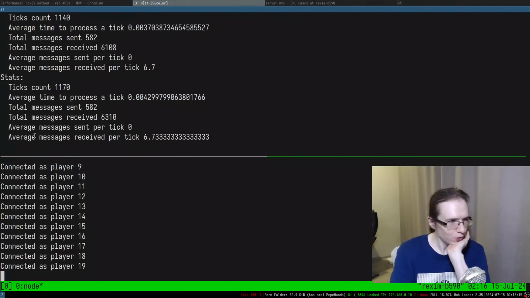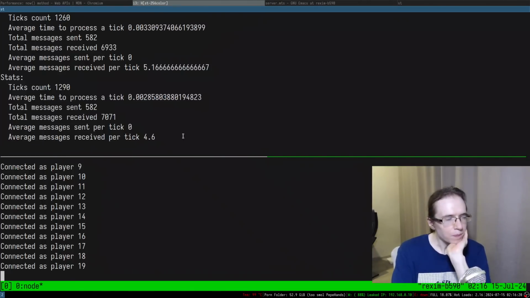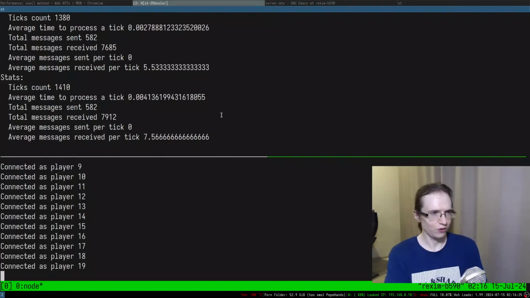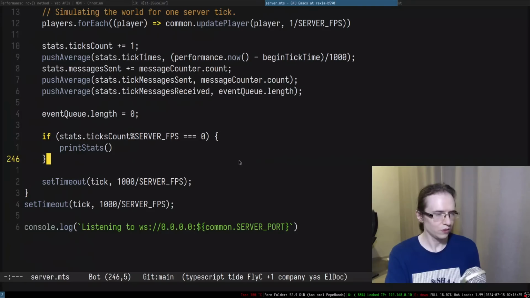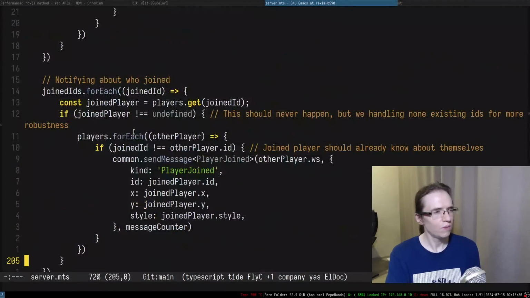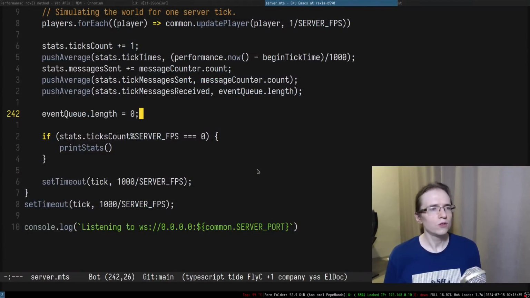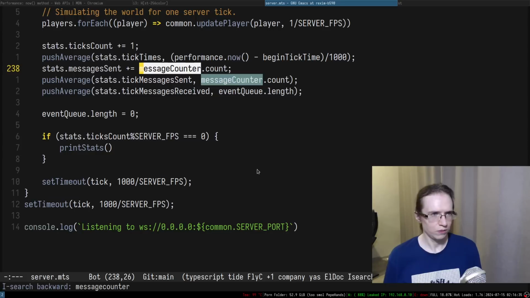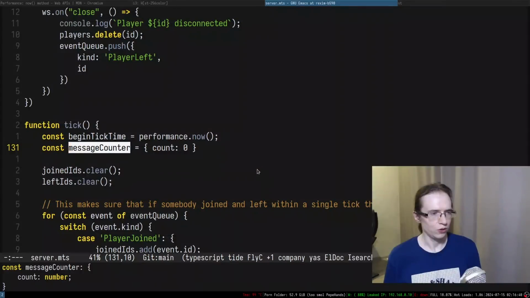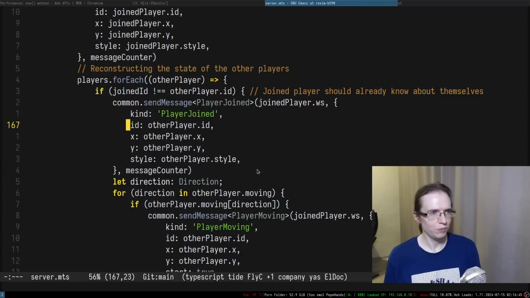Oh, yeah, this is actually very cool. Average messages received per tick. So that's how many of them we are handling. So there's definitely some problems in here with messages sent. That's kind of bizarre. Messages sent. So we're using message counter, right? And we're pasting message counter everywhere. So it's originally 0, and in send message,